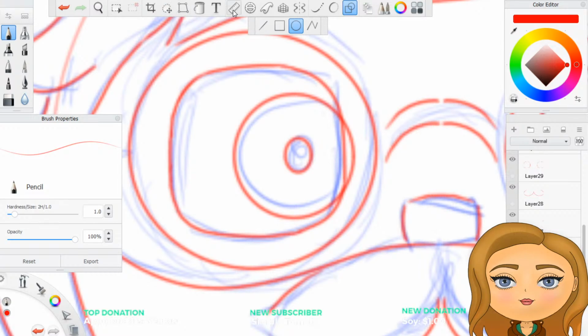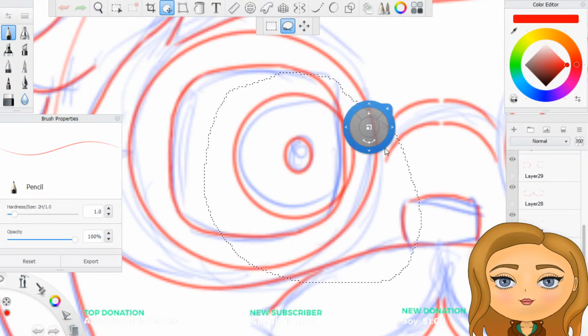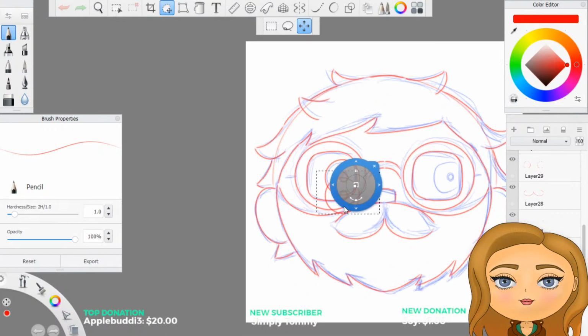And what we do is we grab this like this. Copy and paste it and just drag it over here.